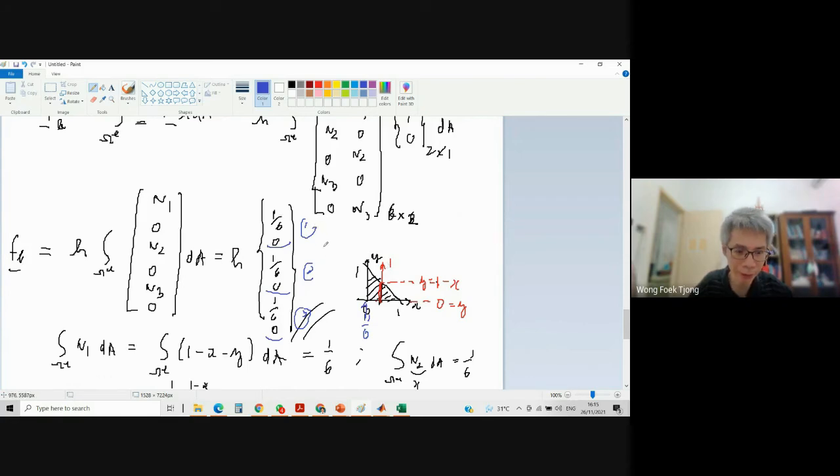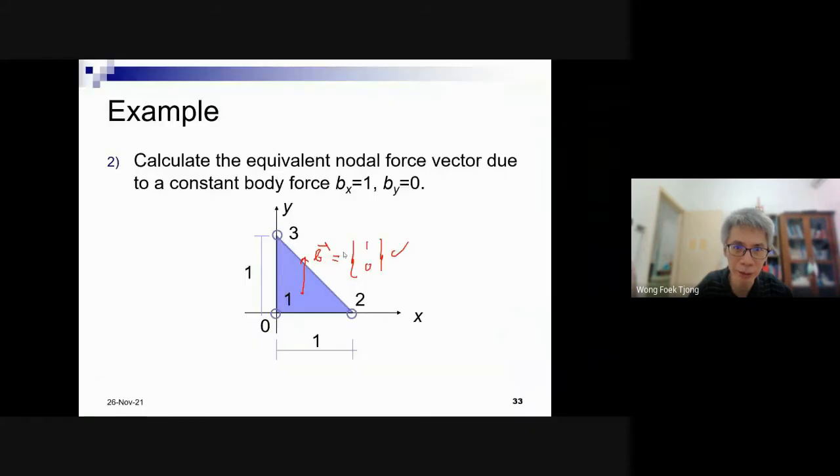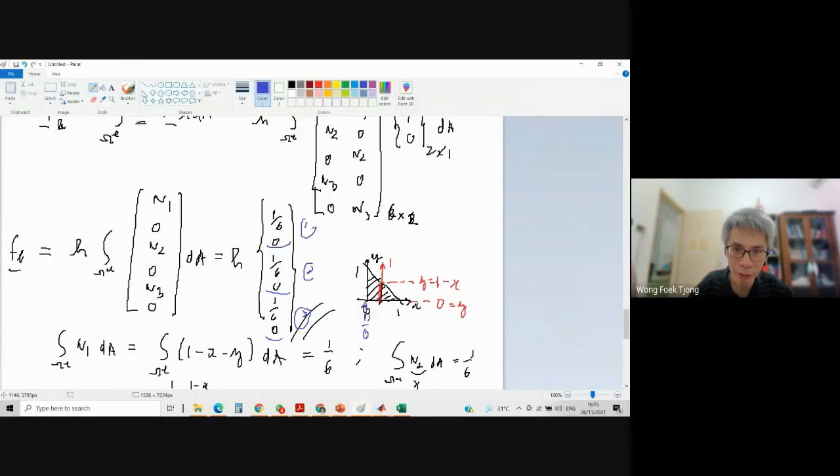1/6. And sorry, not vertical actually, because this is in the X direction, right? Actually, this is not in this one. Sorry, this is incorrect. This is in this direction. Okay, let me change: not in this direction, but actually in this direction, because I just remembered that's the X direction, right?